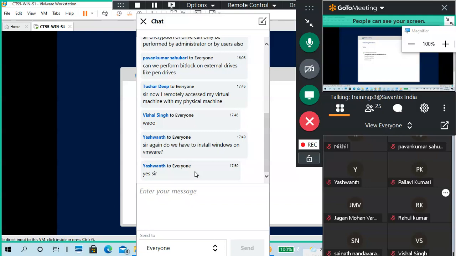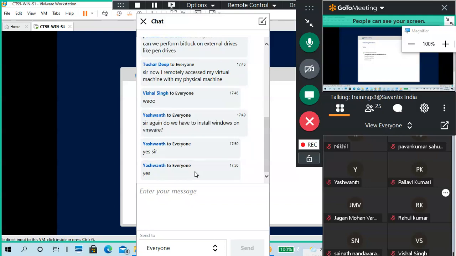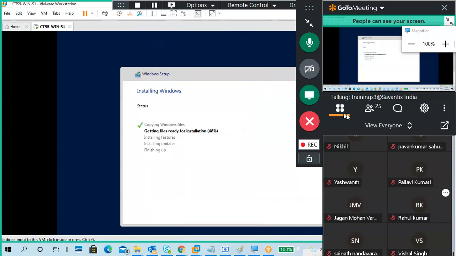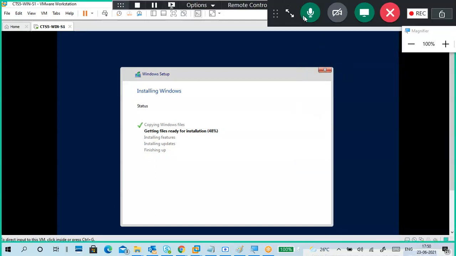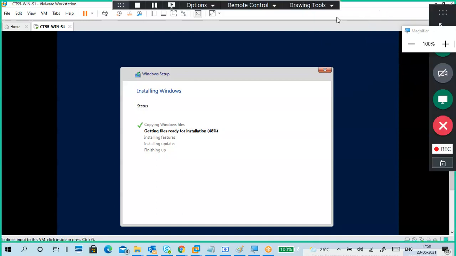Only at DevOps, Python DevOps, that time I will ask you to install Windows 10 again. Okay. So now we have to install Windows 2019 server, no sir? Windows Server 2019.